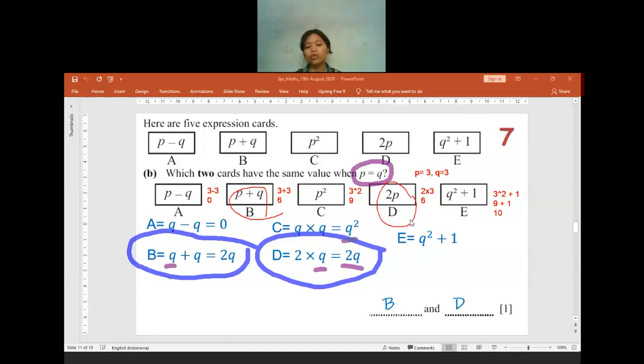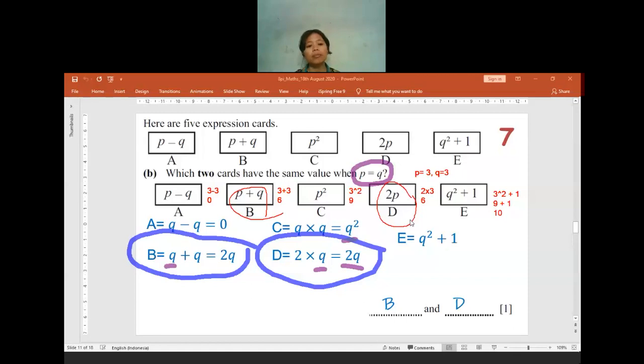But you cannot use 2 because 2 plus 2 will be 4 and then 2 square will be equal to 4. When we add it and we square it, it's supposed to have a different answer. That's why we cannot check with P equal to 2.